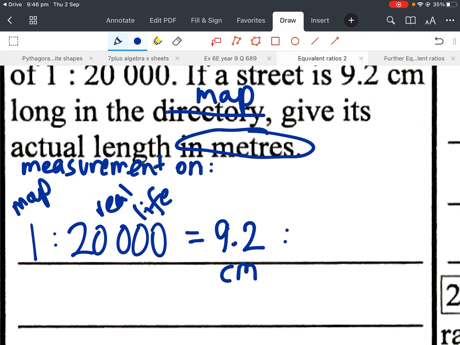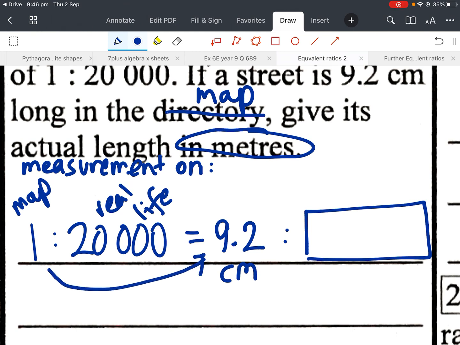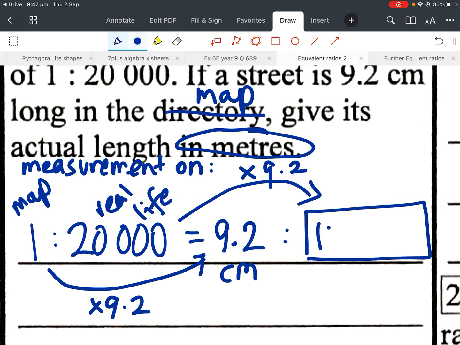So let's try this first of all. There are your other boxes. We need to find that box there. So you have to say to yourself, what have you done to 1 to change it to 9.2? Timesing or dividing is all you can do. Hopefully you said I timesed. If you did, you are correct. So that's what you have to do to this one. On my calculator, I'm going to do 20,000 times 9.2, and that gives me